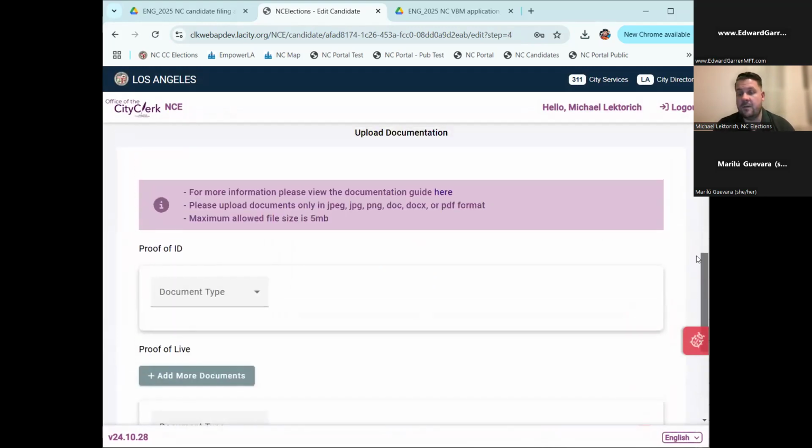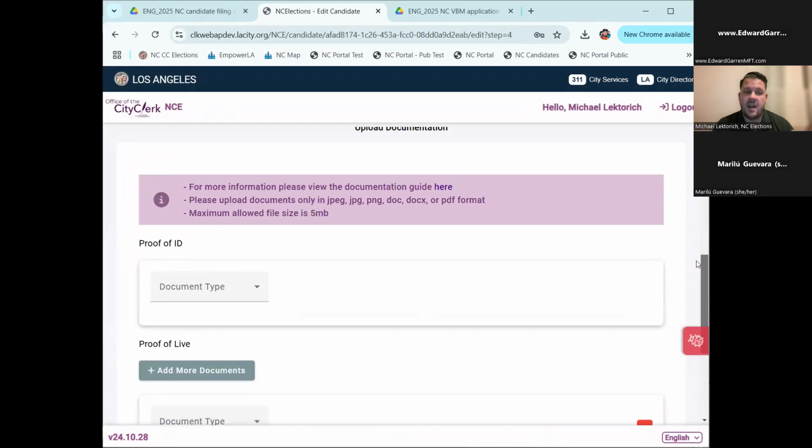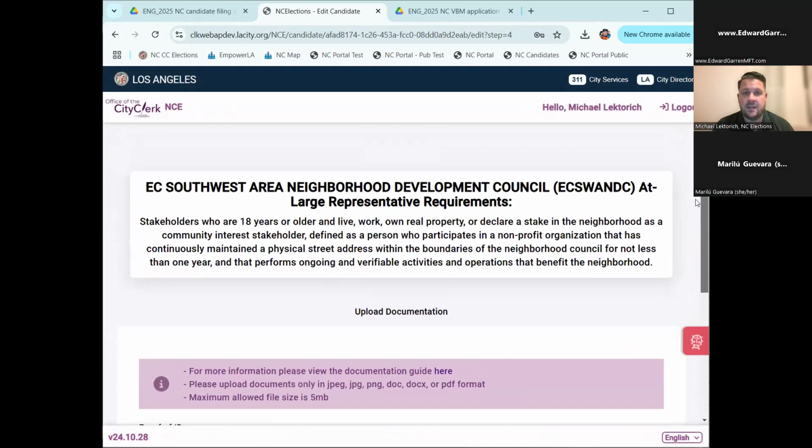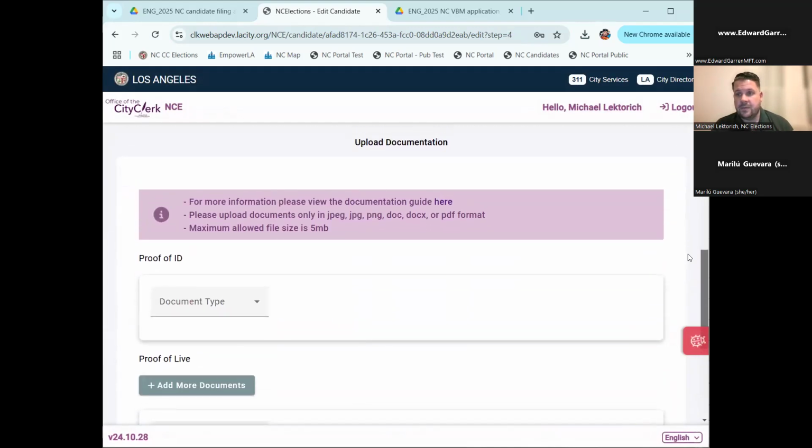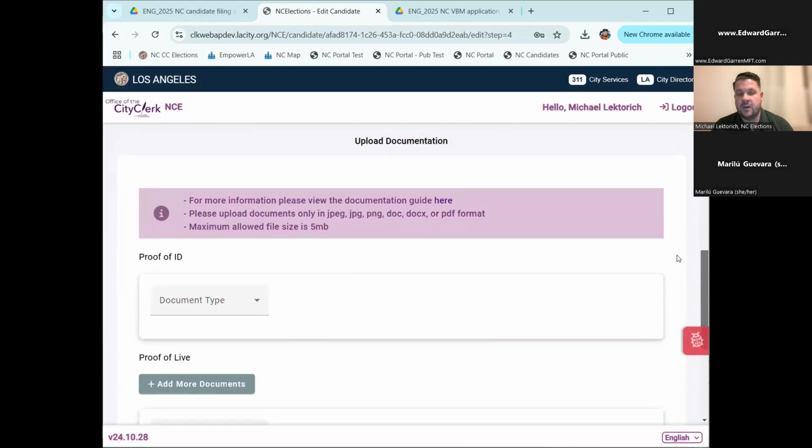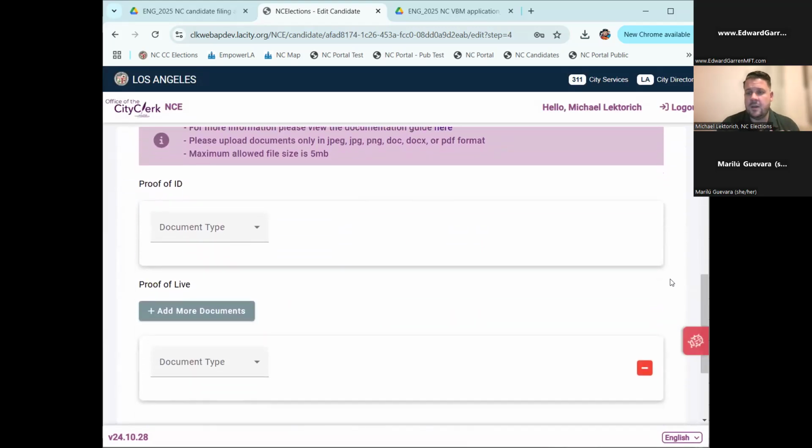So everything up to that point has to be completed by the candidate filing deadline. And now step 4 is where the candidate can upload documentation, which has to be submitted by the documentation deadline. So for this example,